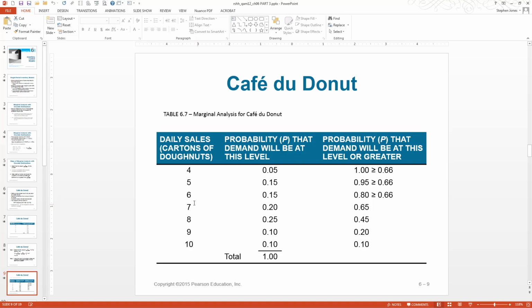Now, if we were to go on to 7, we're going to be finding ourselves running a little bit of an extra chance, because the probability of selling 7 or more donuts, while it's still pretty good, you could calculate this all up right here, and you could say, wow, that's still a pretty good set of probabilities. That's 0.65, which is what's over here. That's true. But remember, while that's a 65% chance that we're going to sell 7 or more cartons,